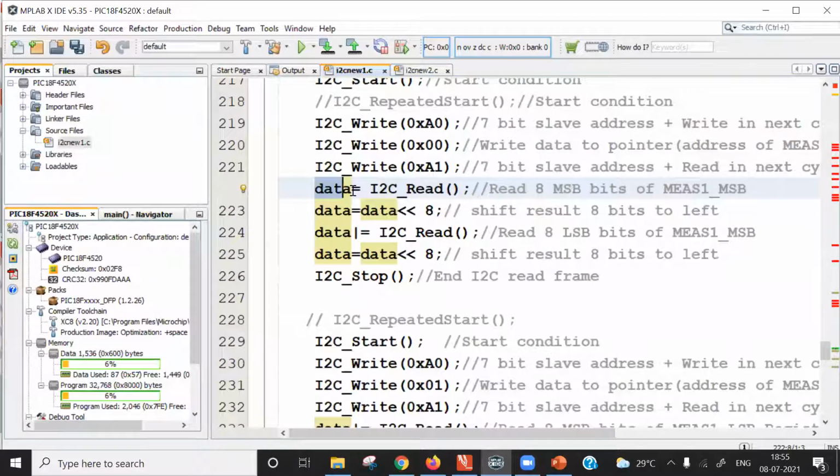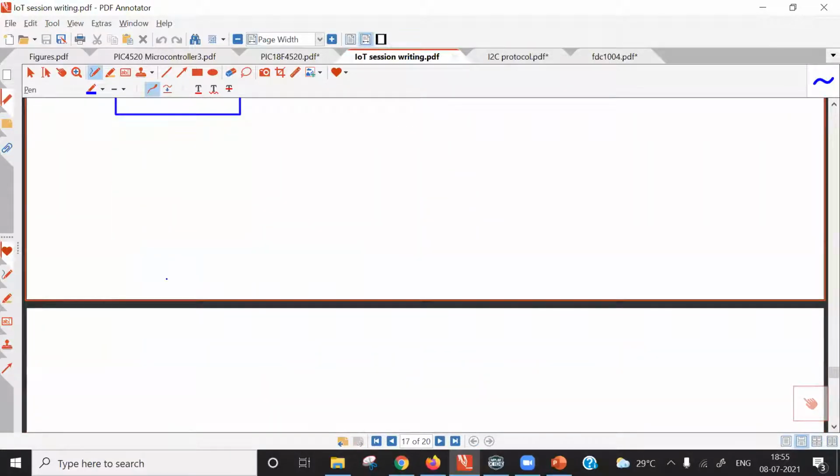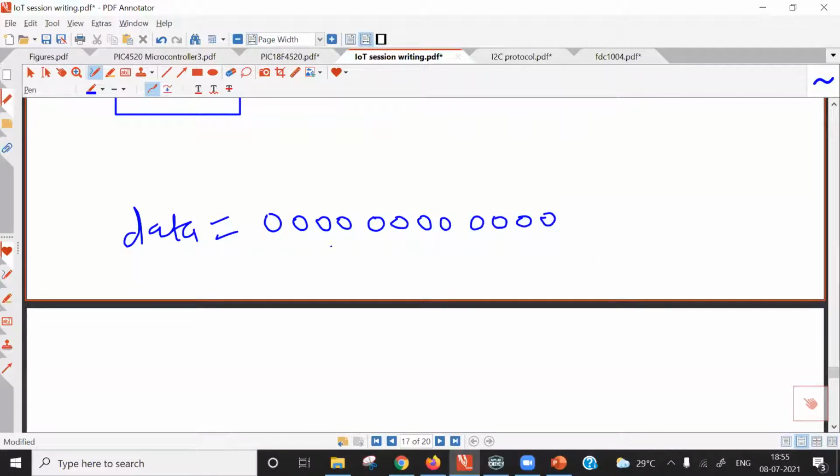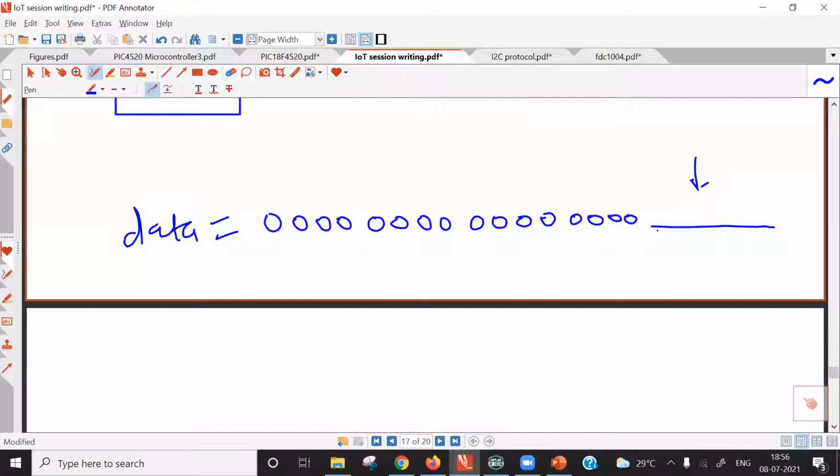Whenever we assign 8-bit data to this register, after the first read operation, the data variable will have the data obtained from the I2C read operation in its last eight positions.